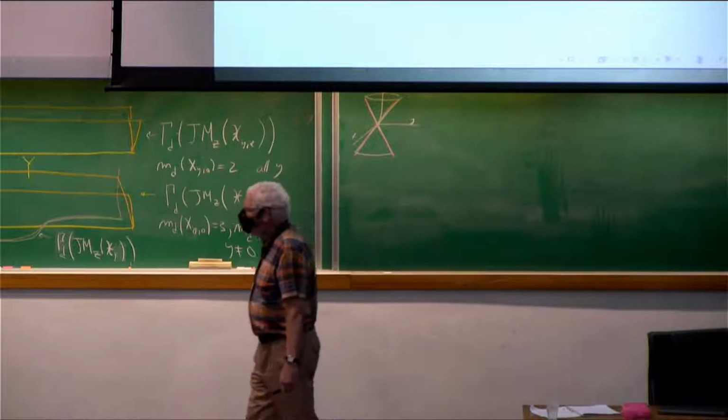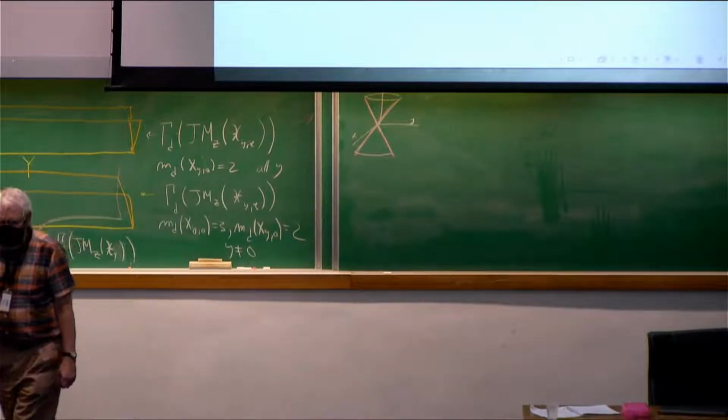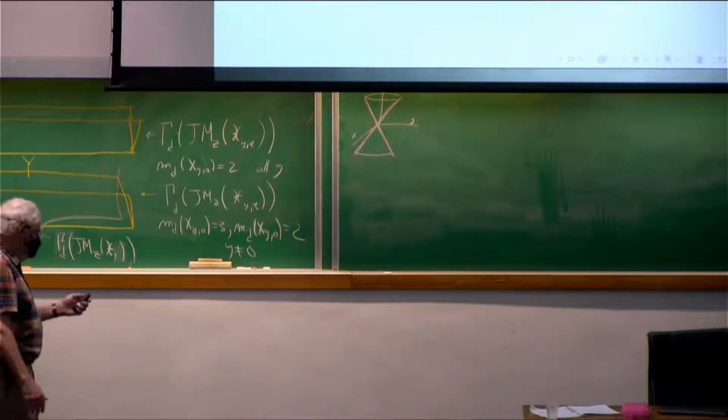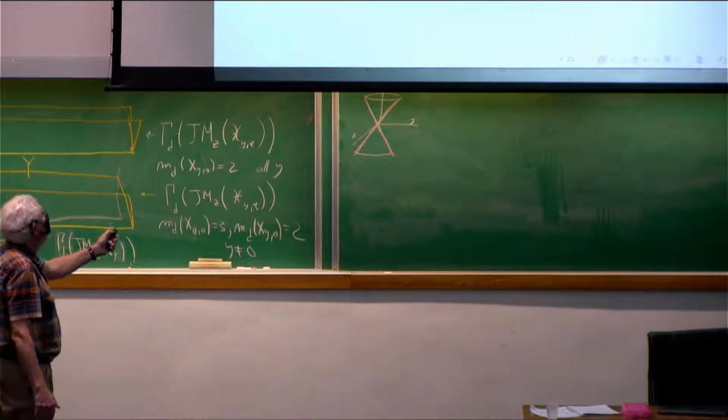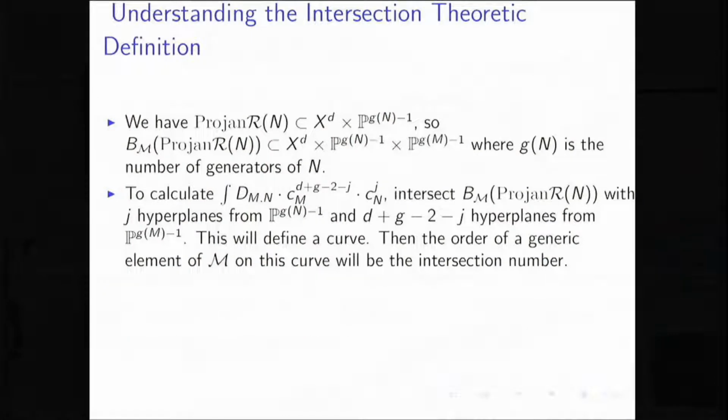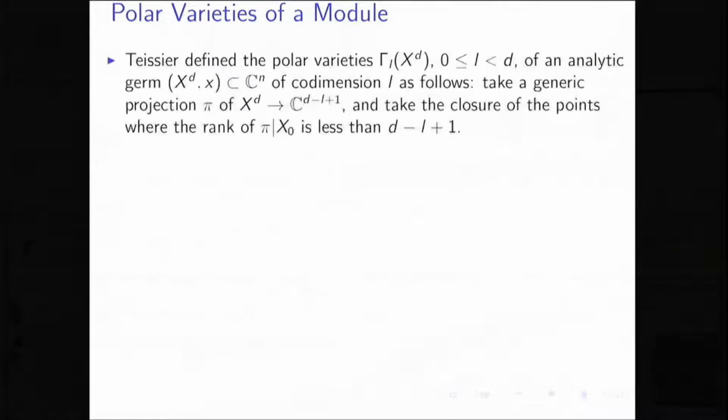Let's remember the definition of the polar variety of a set, introduced by Bernard Teissier. So we want to look at this slide here. And what Teissier suggests doing is taking the appropriate projection, then looking at the critical set of that projection at the regular points, and then closing it up. So we're going to do that with the example